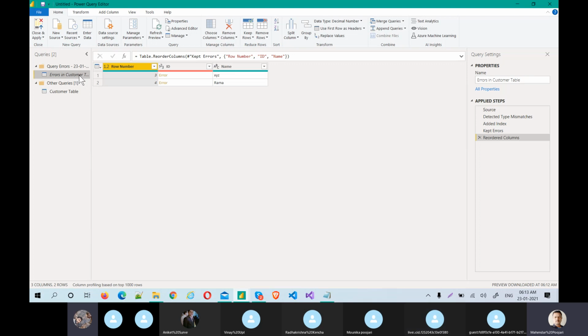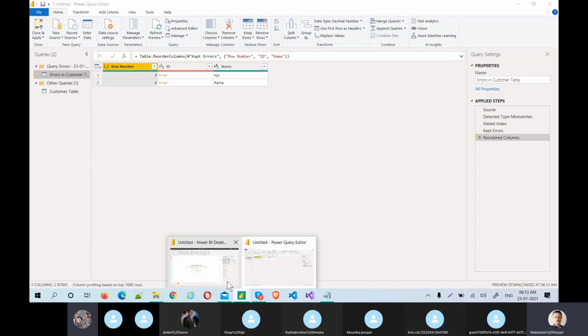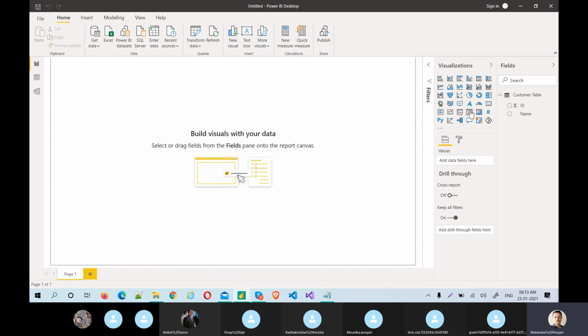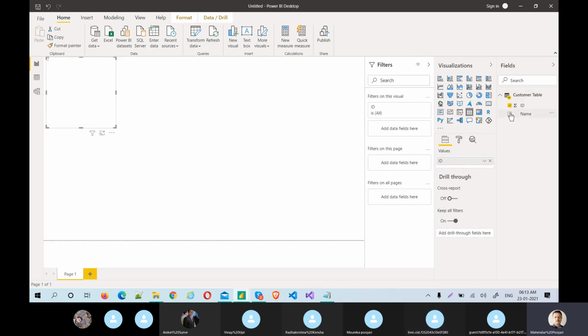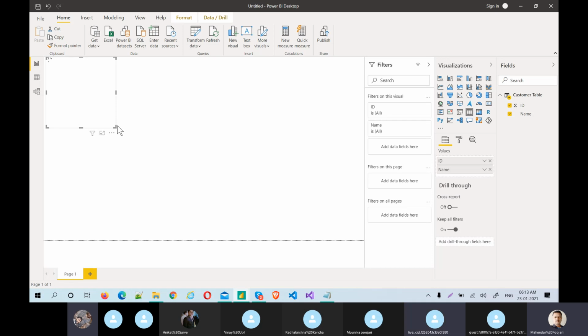Okay, now if you come here in the Power BI editor, let's take the table and the columns. Push the columns. You see only three good records are there.